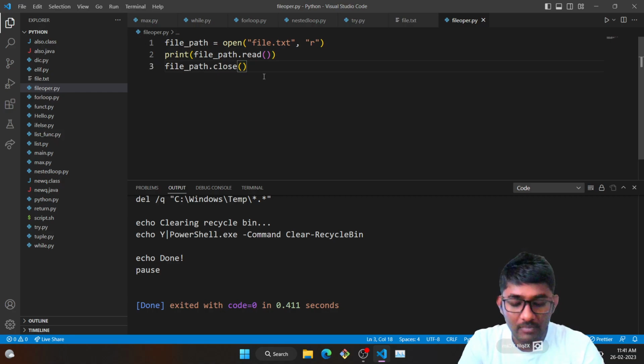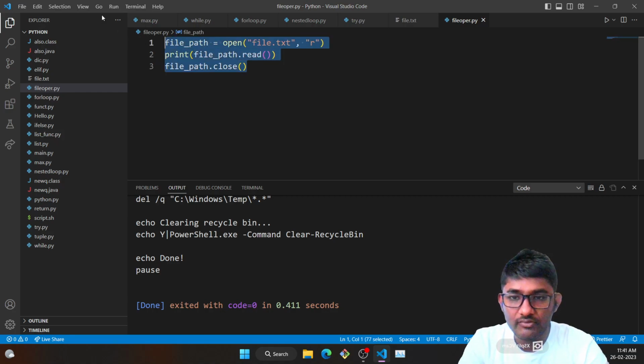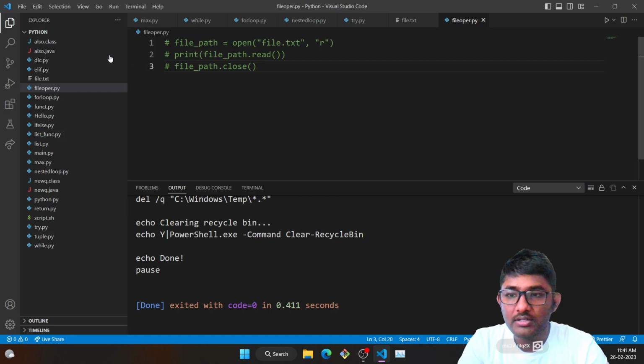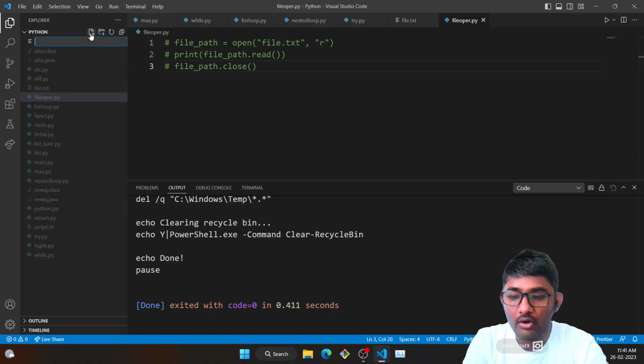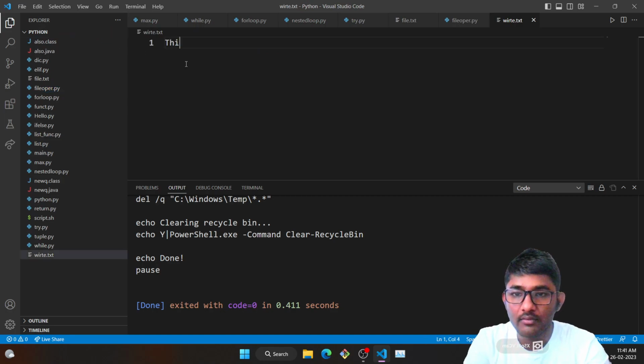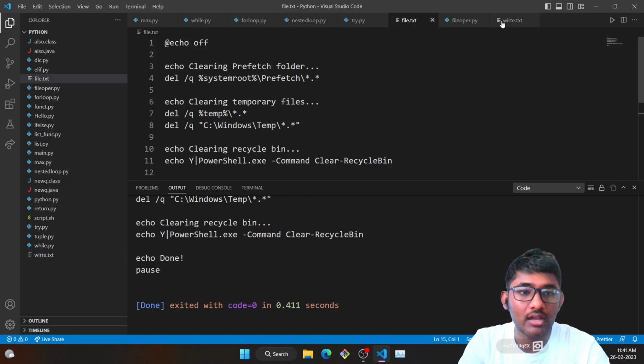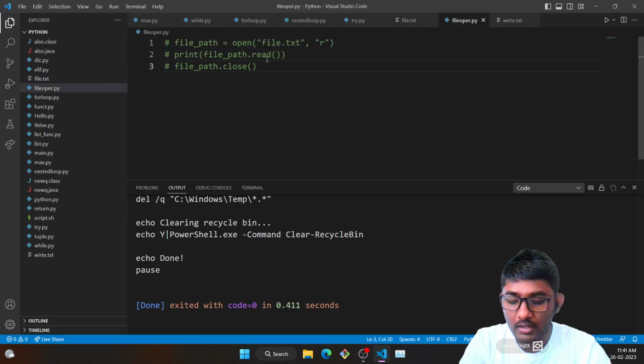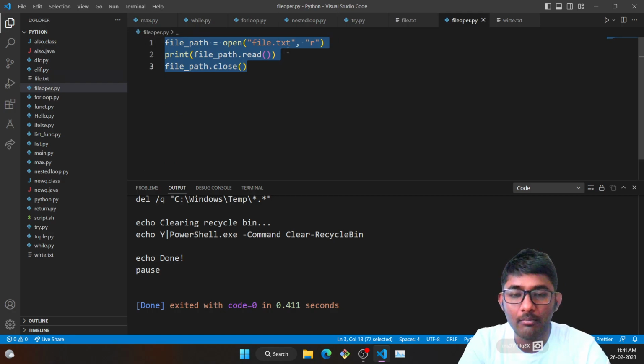Okay, the same can be done with the write operation as well. Let me comment this thing out. So let us create a new file. It would be for the write operation. So I'll write write.txt, and here I'll write "this is a text". Okay, so this is a file in which this data has been written, right? In order to execute this file and check what contents are present there, you have to name the file. So let us go back to the file operation file, and let me uncomment them back,